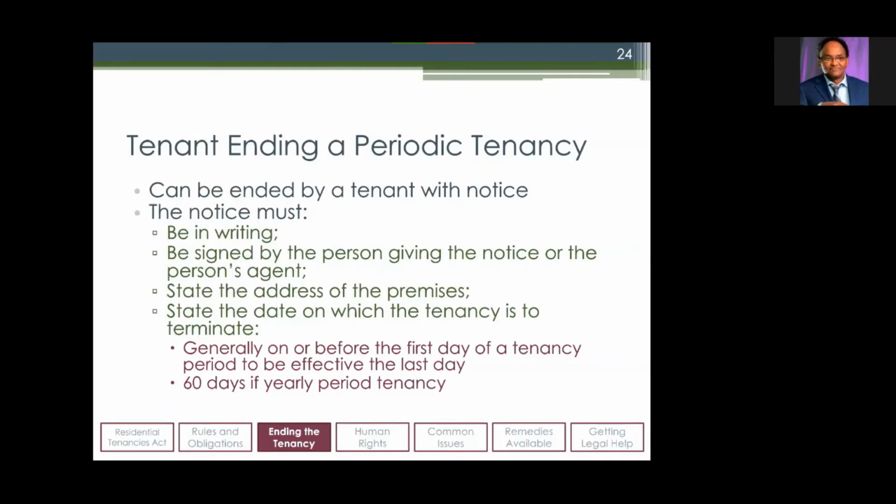So on a month-to-month tenancy, the notice has to be at least 30 days, given on the first day of the month. So like I said, to move out at the end of October, your notice should have been given to the landlord on the first of the month. So if you did not do it, then you